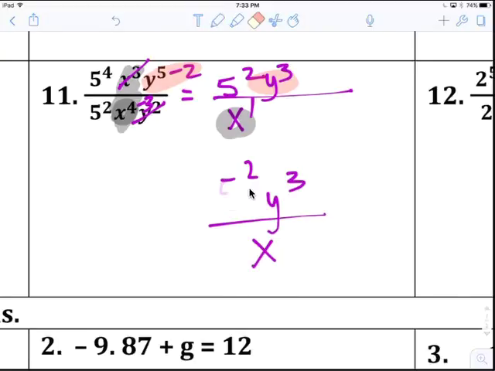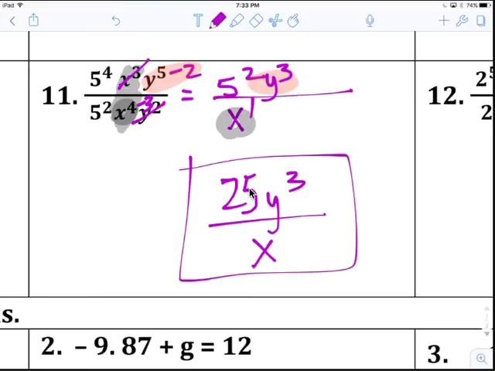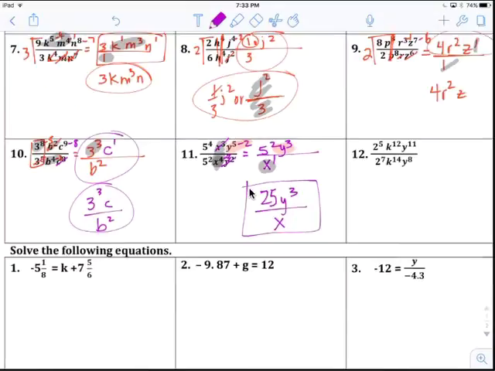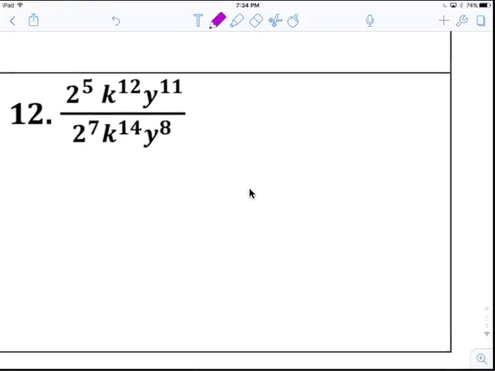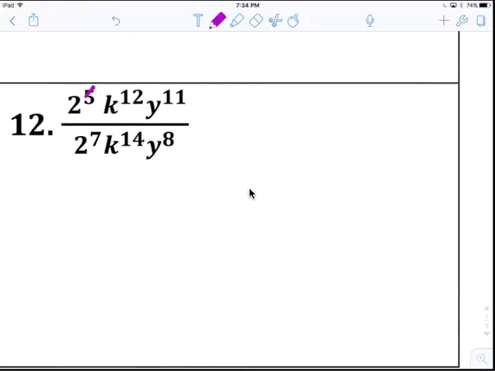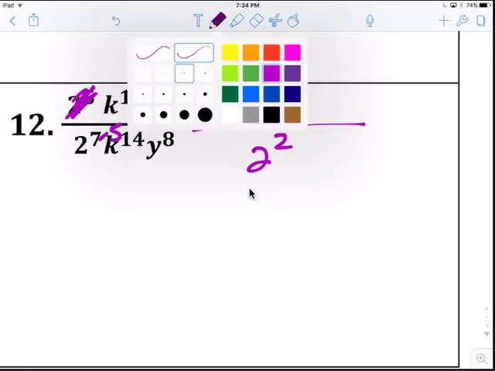Now 5 to the second I would suggest you put as 25. Okay? Because we know what 5 to the second is. This one is gone, minus 5 here, so it's in the denominator, 2 to the third. 2 to the second, sorry. 7 minus 2, 5 is 2. And k,